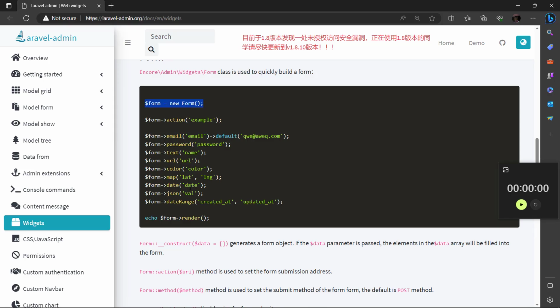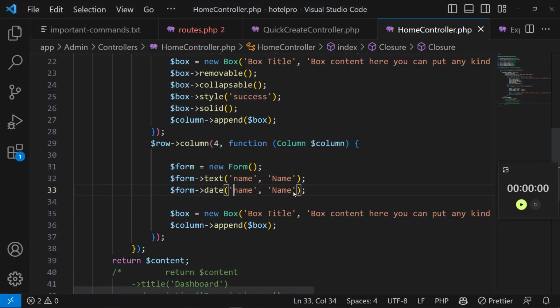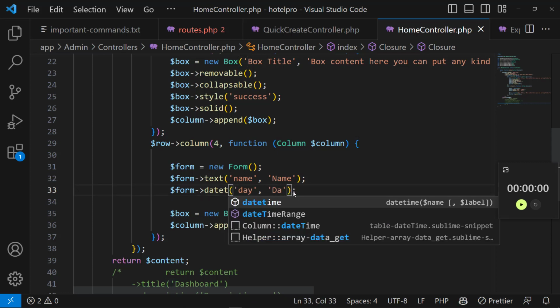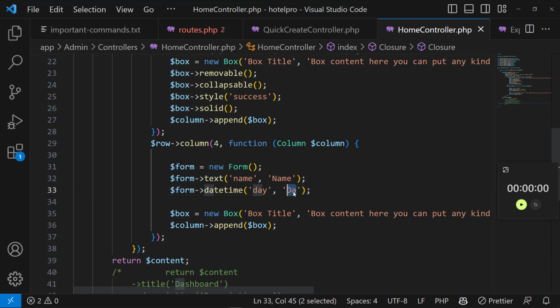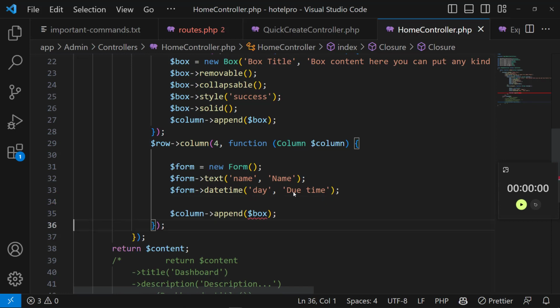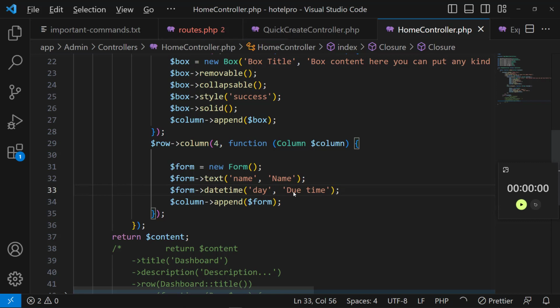You see, it can collect date as well. Date, I can say day to be done. Okay, let's put date time and see if it is supported. Date time, day, and then we append this form to our column like this. So if I save,